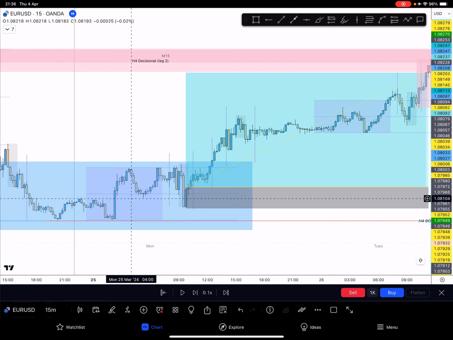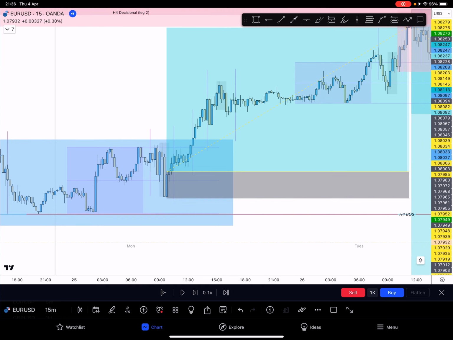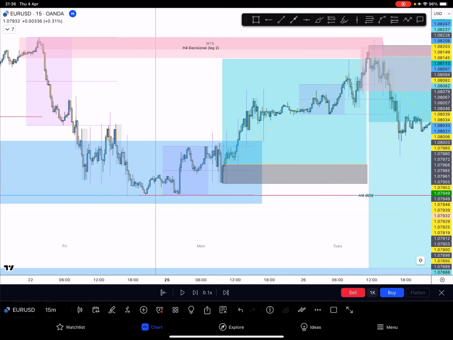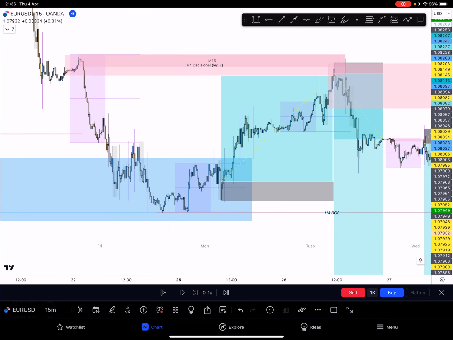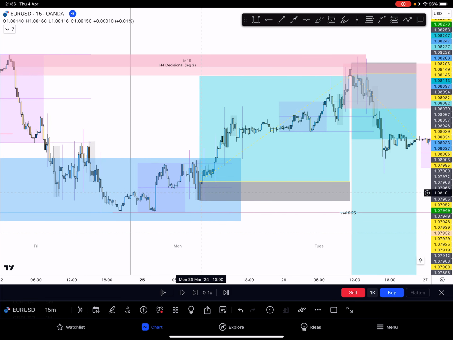Now when it comes to how I actually took this trade, that's reserved for entry techniques, where you have different ways of entering a trade. So that's not something I'm going to be sharing or teaching here. I'm just showing you how you can build your idea to understand how the market is moving. So we are catching a trade from the Asian range on Monday.